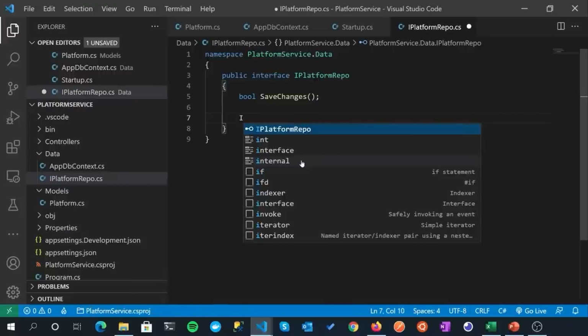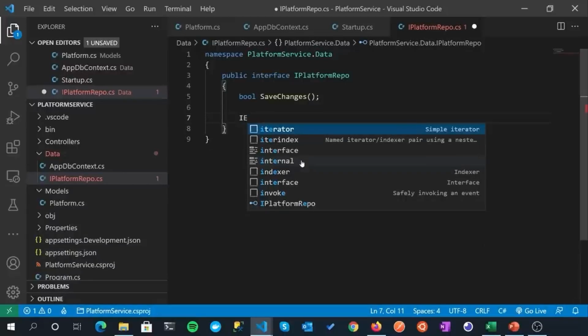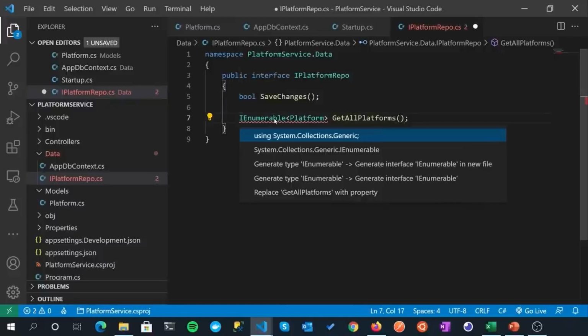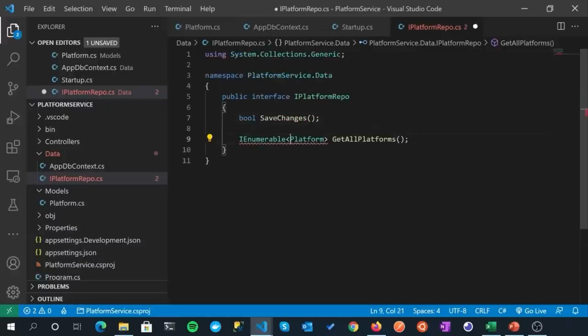And then the first kind of proper signature that I want to define is getting all our platforms. We want to be able to use our API, use our service to retrieve all platforms. So specify it as an enumerable, which we don't have the namespace for. So enumerable of Platform, a platform class, for our platform service. And we'll just call that GetAllPlatforms. We're not going to pass anything in, so quite a simple operation. So bring in using System.Collections.Generic for the IEnumerable, and then we'll bring in the, try that one more time.